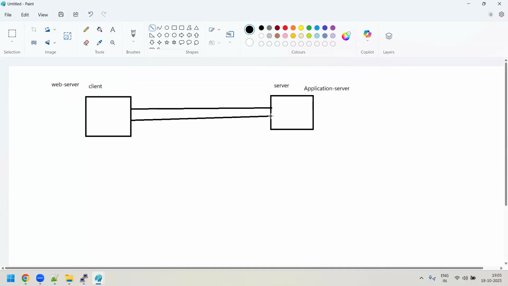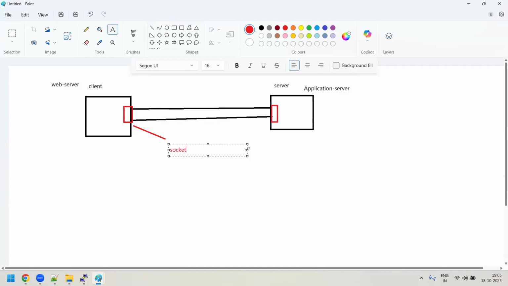when they want to communicate with each other over this communication line, what happens in the system, at the kernel level? A socket file will get created like this. There is a socket file here which will get created, and a socket file there. We call this a socket file. So here also you have a socket file. Both these machines can communicate with each other with the help of a socket only. If there is no socket, you cannot make two machines communicate with each other. Whatever network programming or networking stuff you do, everything is with the socket only.